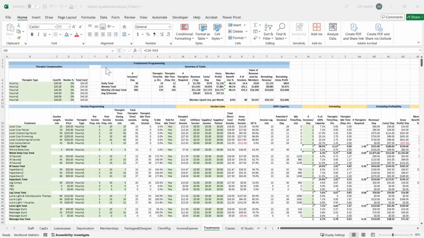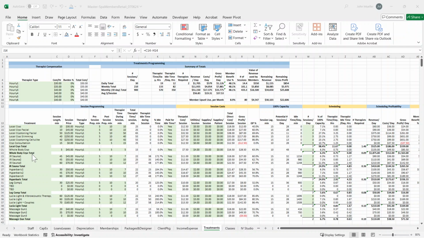And we'll come back to this summary and programming, but the way that it works for individual services, in this particular case, it's a series of treatments that the spa is going to offer. And so these are cryogenics, saunas, hyperbaric chamber, light therapy, massage. And so this would apply to any kind of service business, a pool supply or a pool service business, any kind of mobile servicing, any types of services that you provide to clients,